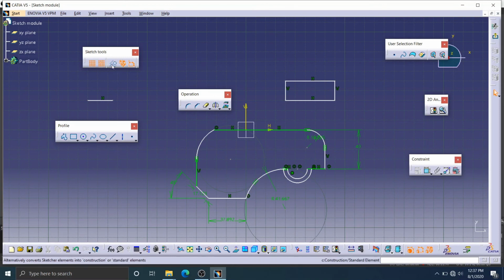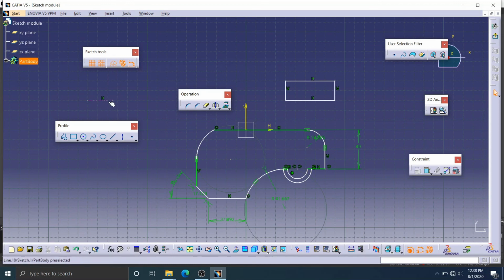Next one is known as construction or standard element. You use it if you want to draw any reference line, or convert any normal line into a reference line. This construction element will help. For example, this is an existing line, and I want to convert it into a reference line. You select this line and enable this construction standard.